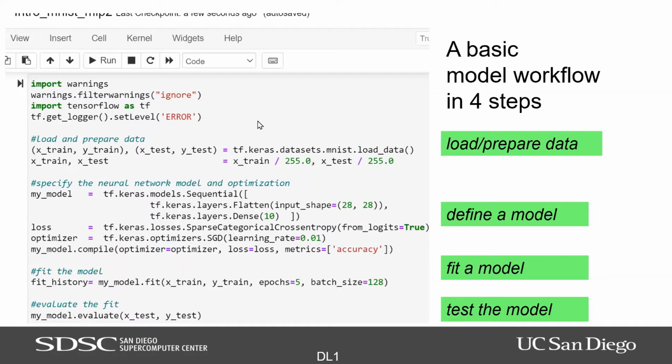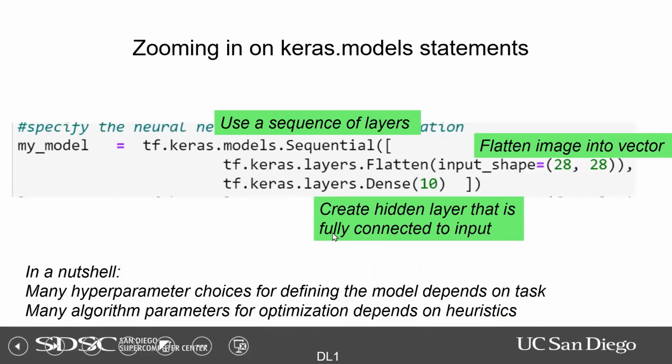Okay, so here in this example, this is the whole code to run this particular MNIST problem. Keras is a TensorFlow application that is built to help you set up your model. It's kind of like a high-level library for neural networks. The way Keras works is you have a model class, and you define the kind of model you want. For something like MNIST, we're just going to use a sequential model that feeds from input to the next layer, to the next layer, to the next layer.